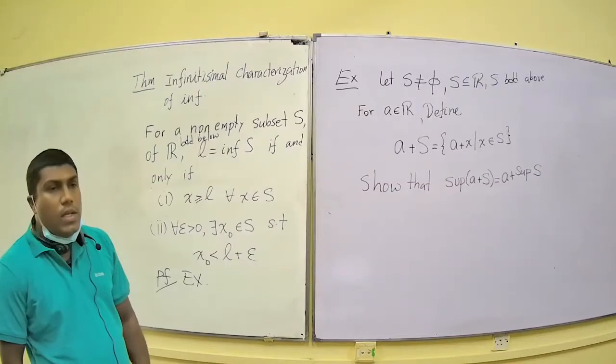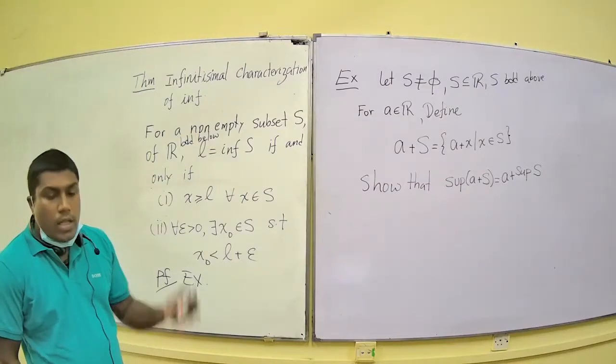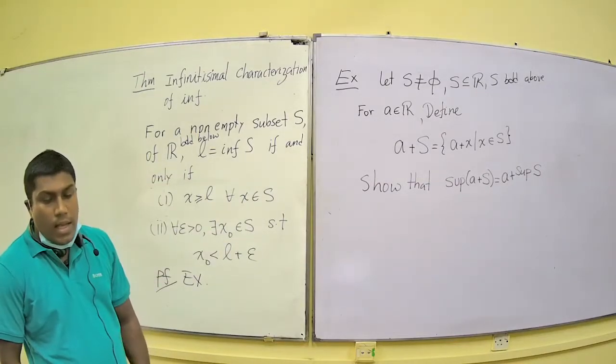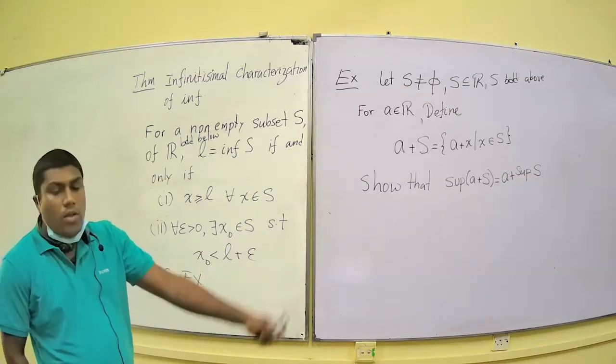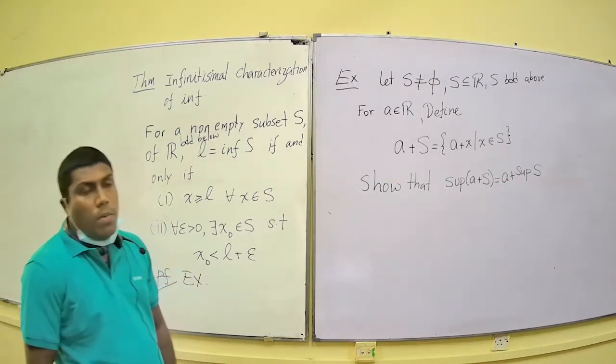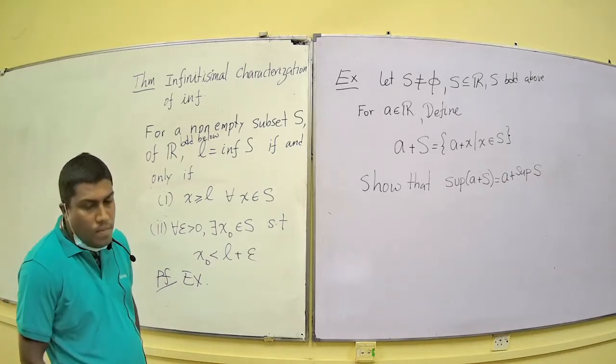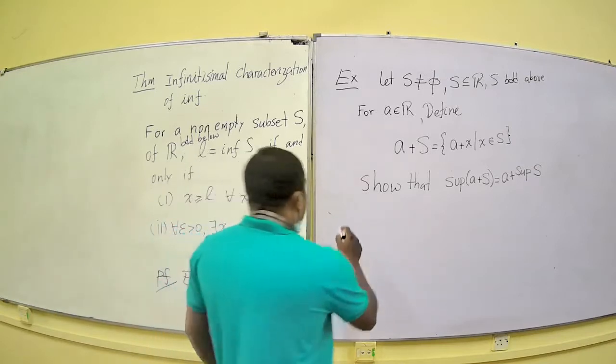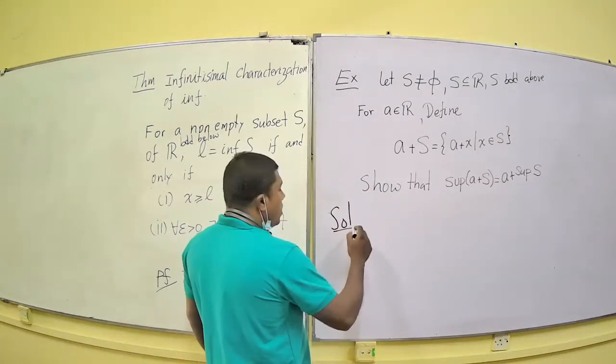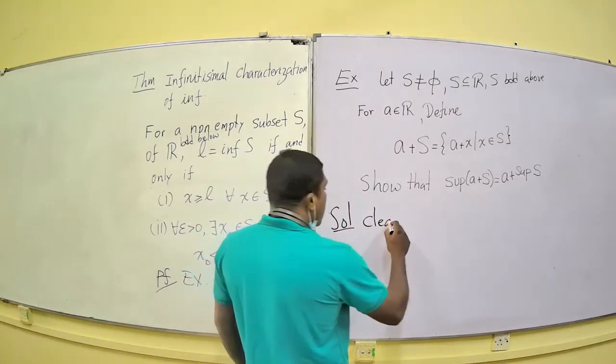So you have to first make sure that the supremum of the set A plus S exists, and then you have to prove that the supremum of A plus S is equal to A plus the supremum of S. So let us do that. Let me write down the solution. So clearly,